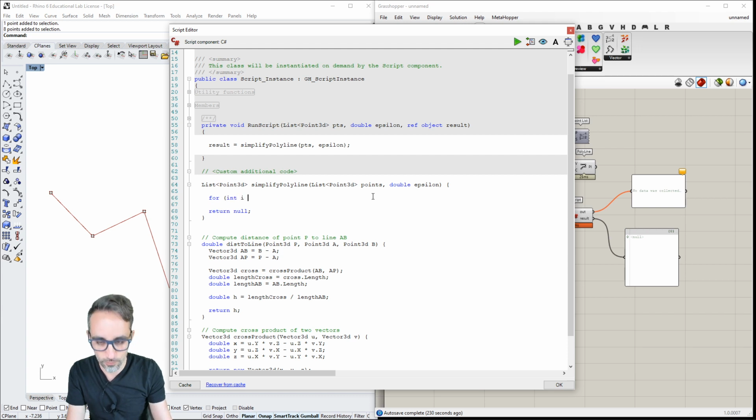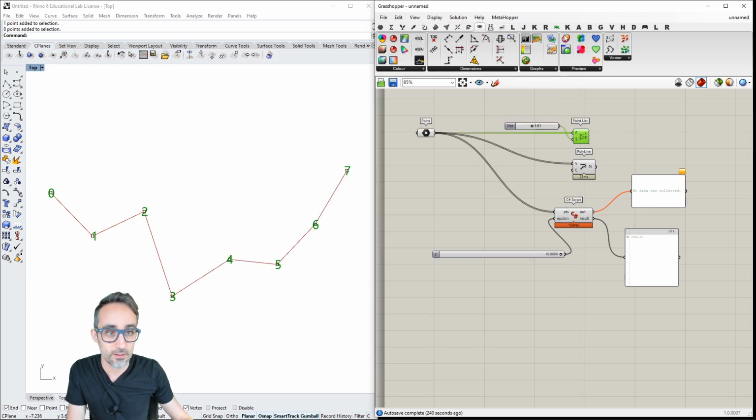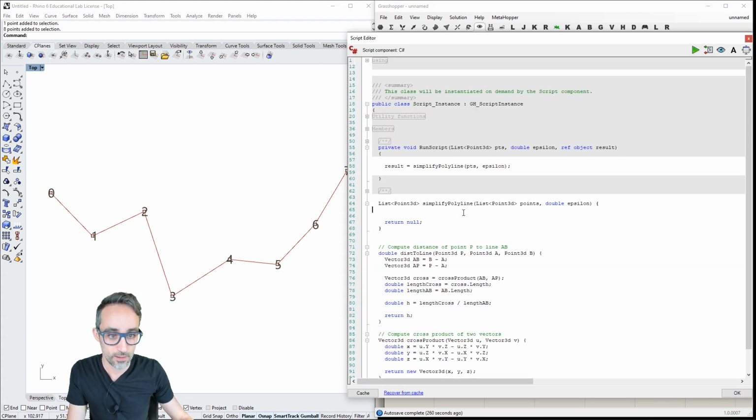For example, I can do that with a for loop where I say i is less than... it's going to start with 1, because here I don't want to start with 0. If the start point is point number 0 and the last one is point number 7, the first one that I want to check is point number 1, 2, 3, all the way up to 6. So that's why this for loop.